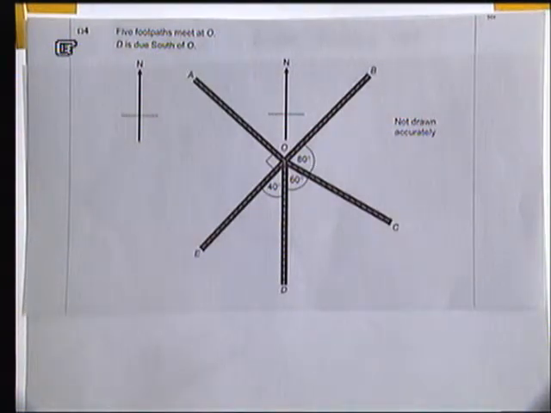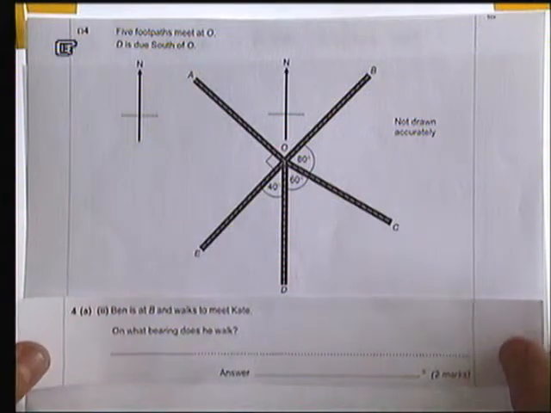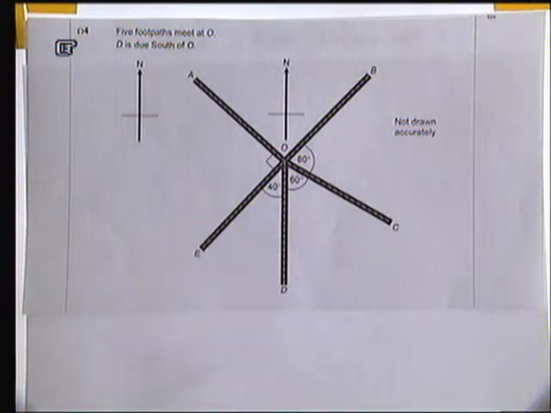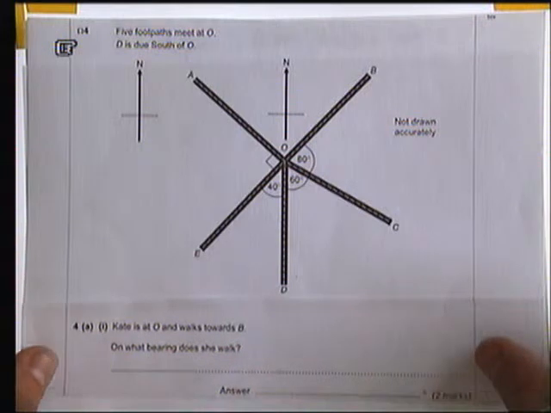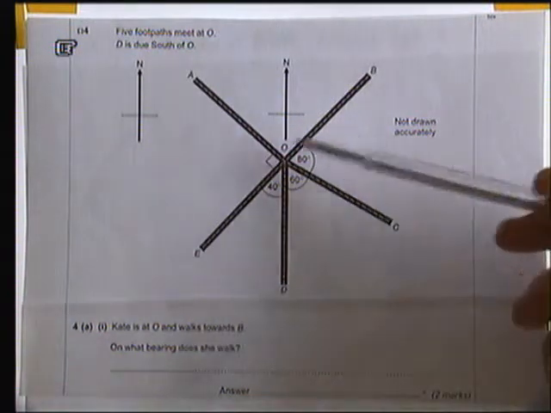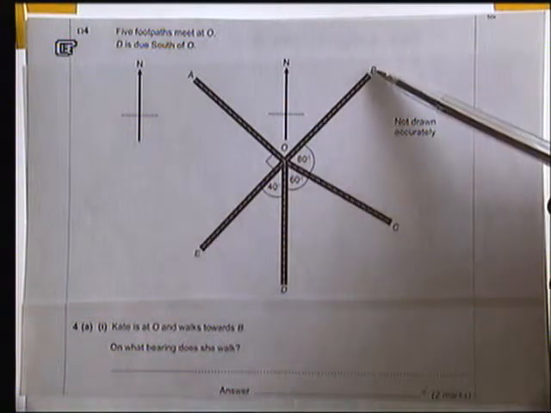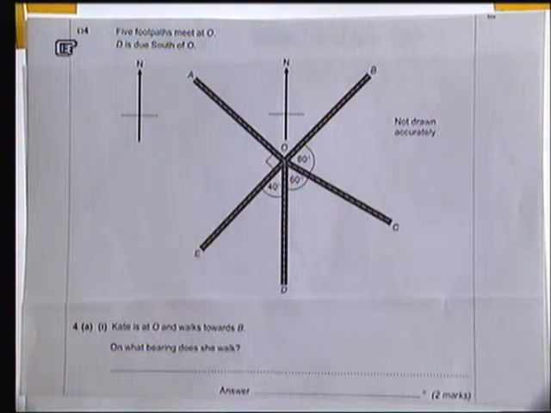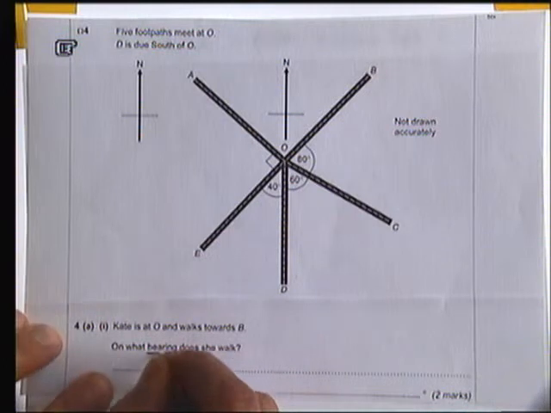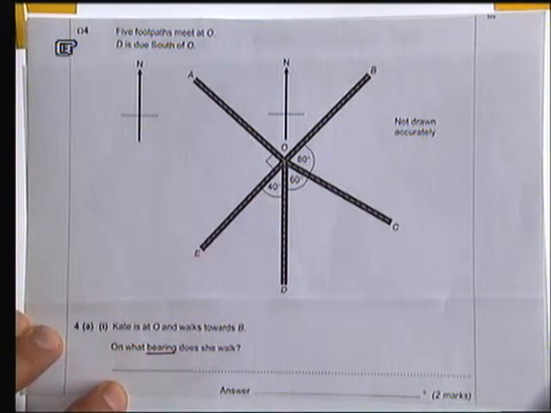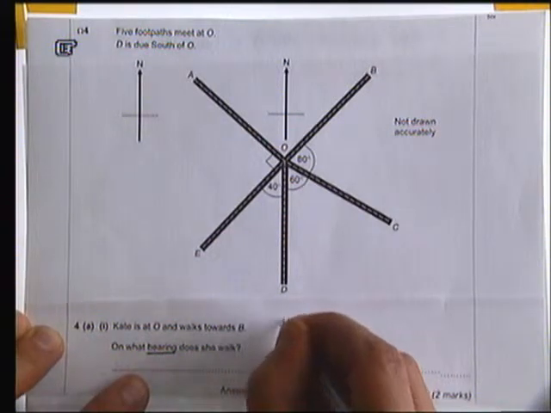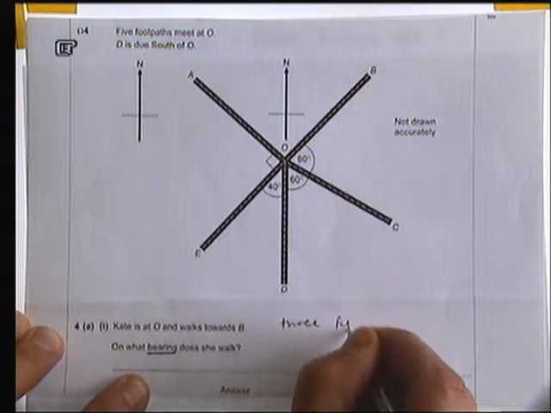And what we have to do for the first part of the question is talk about Kate, who is at O, the origin, and walking towards B. On what bearing does she walk? That word bearing means that we need to give a 3-figure